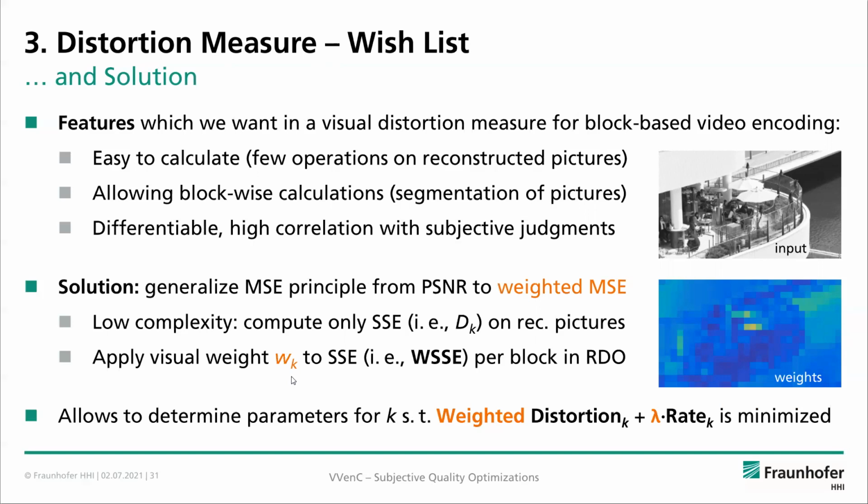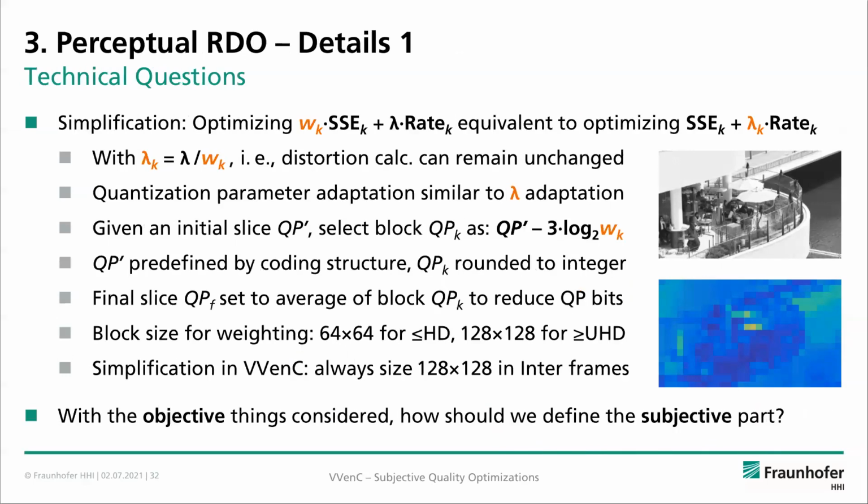So essentially we're using a weighted SSE instead of the traditional SSE. This allows us to determine the parameters such that the weighted distortion plus lambda times rate for a given block is minimized. To give you an overview of the technical questions that needed to be addressed during the implementation into